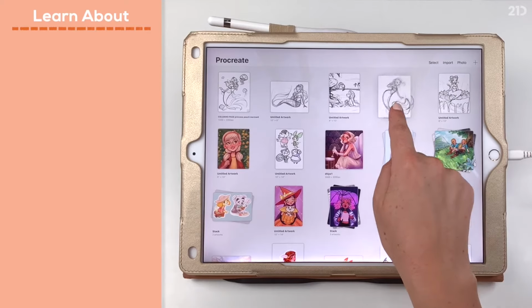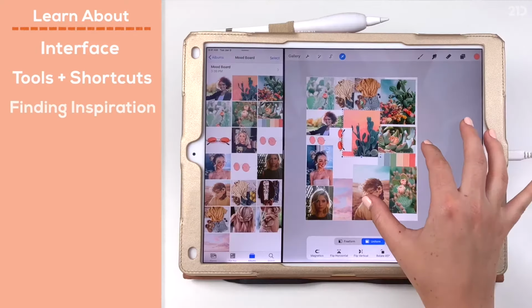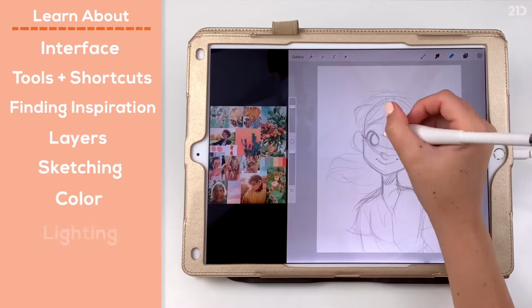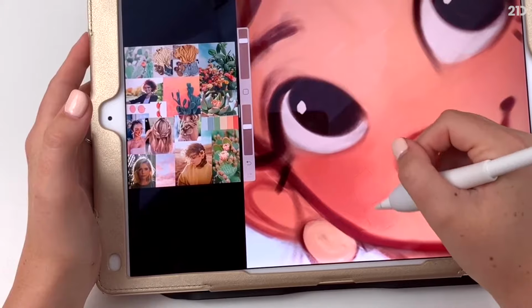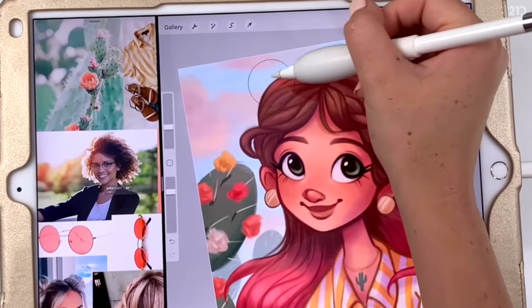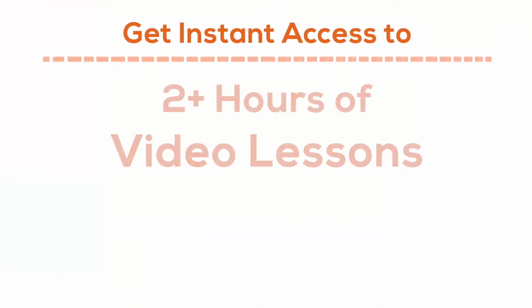I'll cover topics such as the Procreate interface, basic tools and shortcuts, along with finding inspiration, working with layers, creating a character sketch, adding color and lighting, and more. With each lesson, I'll help you build knowledge and develop techniques that you can use to create your very own digital illustrations in Procreate. This course contains over 2 hours of high-quality video content where I walk you through my